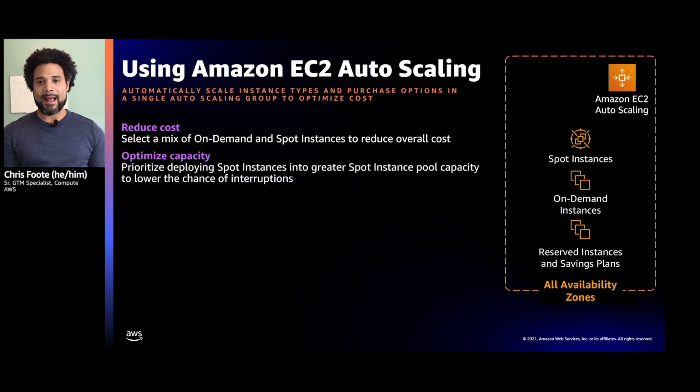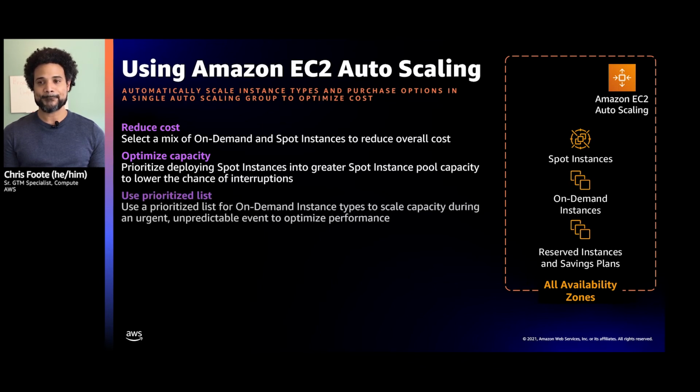And with Spot, if customers are willing to be instance flexible, the Auto Scaling group can be configured in a manner such that it will actually look across all of the instance types that work for a customer's workload and find the instance types that are the least likely to be interrupted by finding the deepest capacity pools and considering historical information. And through this, it actually reduces the chances of Spot interruptions.